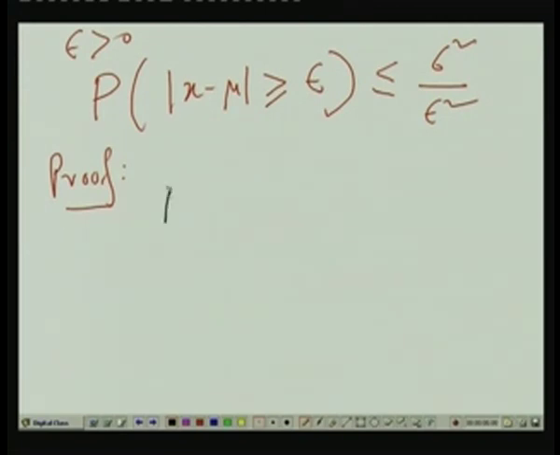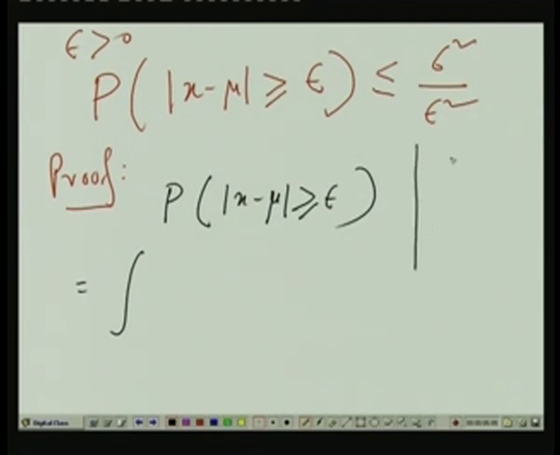Now, what is this? This will be equal to two integrals. The magnitude of x minus mu greater than or equal to epsilon means either x minus mu is greater than or equal to epsilon. Epsilon is positive, so I am considering positive deviation, that is, deviation to the right of the mean mu. So x minus mu in that case is greater than or equal to epsilon, meaning x is greater than or equal to mu plus epsilon, or